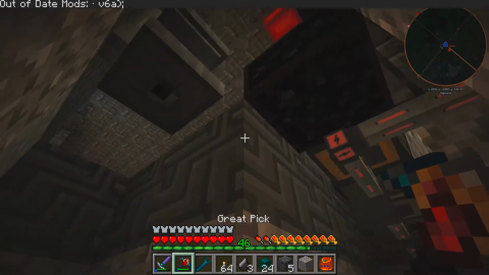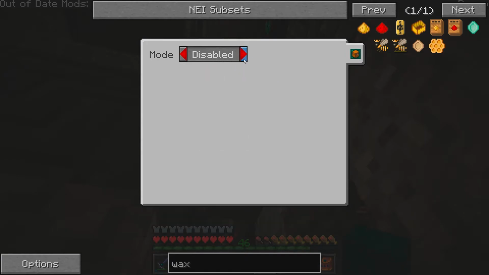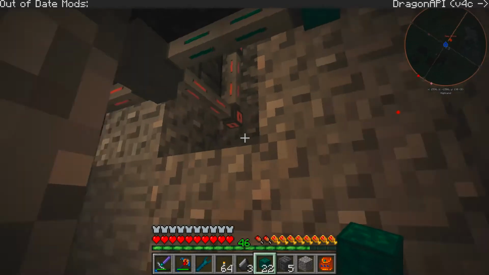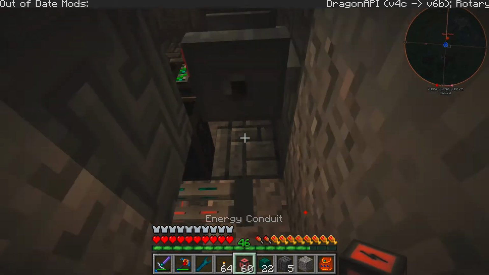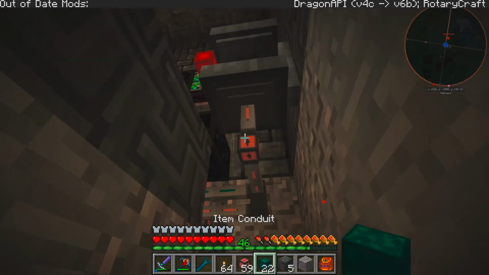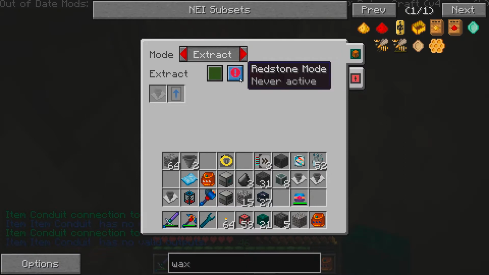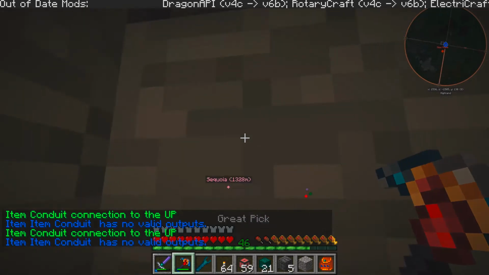There we go. Bit better working space down here. All right, so we'll go like that. We want you disabled. And then, do I have any more power conduit? Yeah, I do. Look at that. All right, great. So we'll run that. And we'll run that. And we'll tell you to extract always active. Good. Okay. And then I really wish...